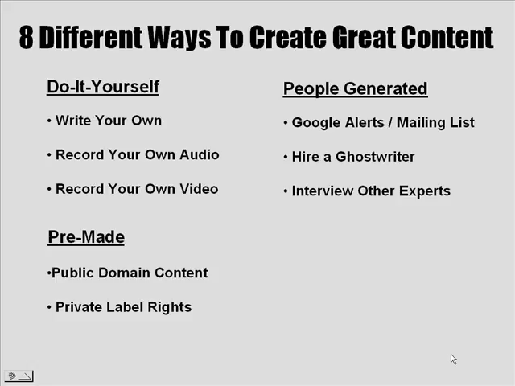In a glimpse, I'm going to show you the 8 different ways to create great content, and I'll break them into 3 categories first, which you'll be learning throughout the entire course in other modules. The first category is you can do it yourself. I know that many will not like the idea of doing it themselves, but I'm still going to talk about it, and there are 3 ways that you can create your own content. This is something that you can do right away if you're on a low budget and just starting out. You have a lot of time, but you don't have the money, so it's good if you can do it yourself. And I'm going to show you how you can do it tactfully and smartly, and not just blindly.